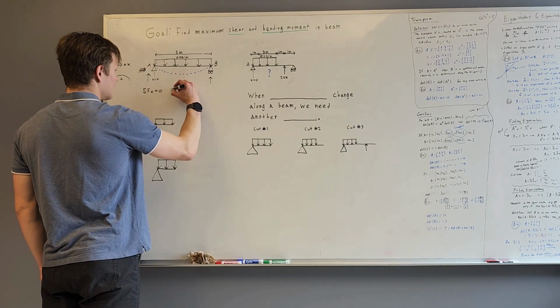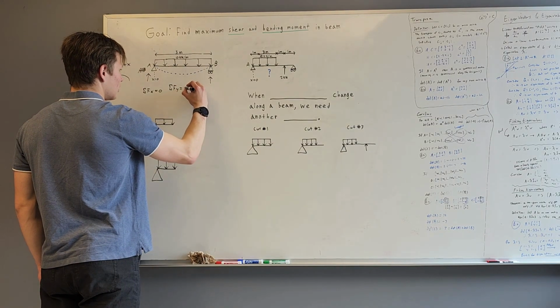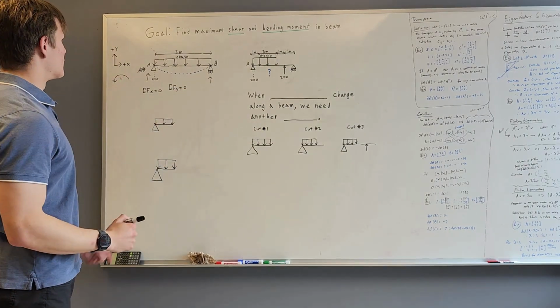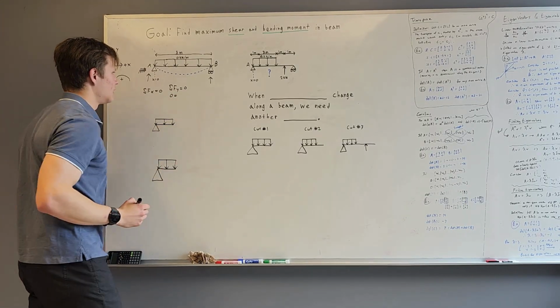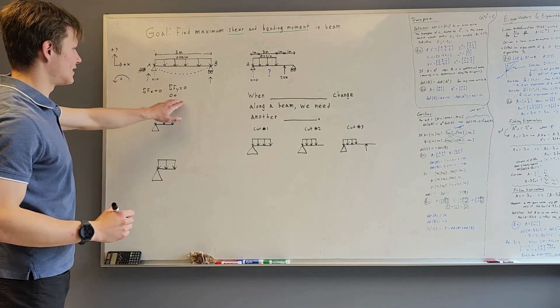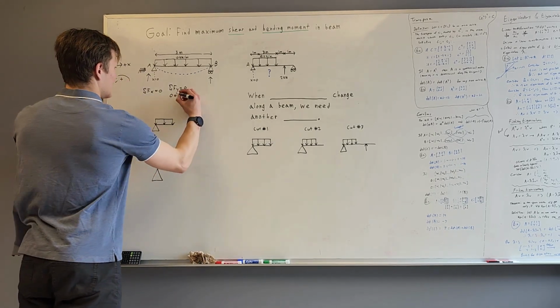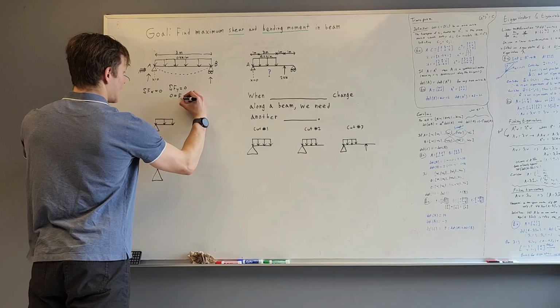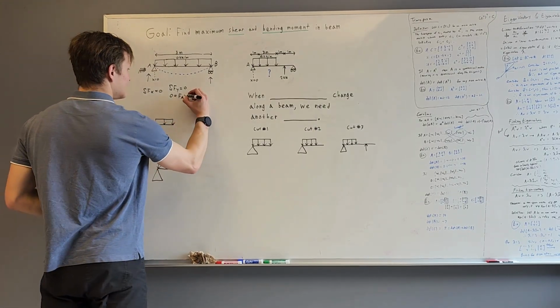Next, we'll move on to the sum of the forces in Y, which is also equal to 0. So, based on this, we know 0 is equal to, and now we can list all of our forces in Y here. So we'll have a force at A going in the positive direction, take away